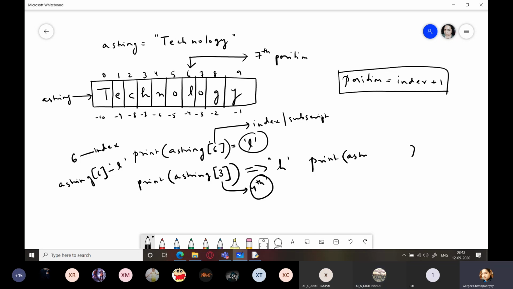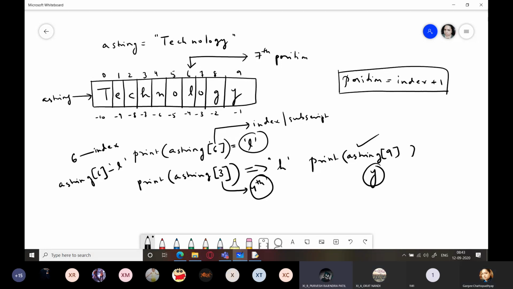A string, brackets open, 9, brackets close. Yes, very good. So this will print Y. Now you understood how to access each location. So this printing is allowed. If you want to access it or read the value, that is allowed. But if you try to write,